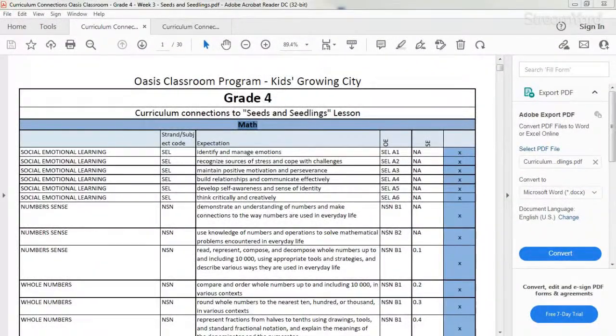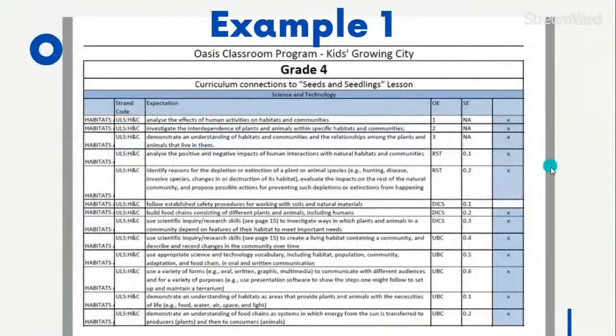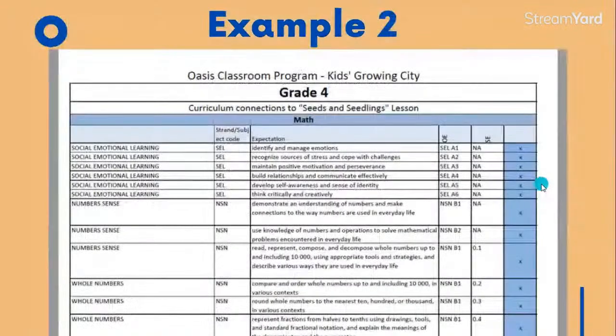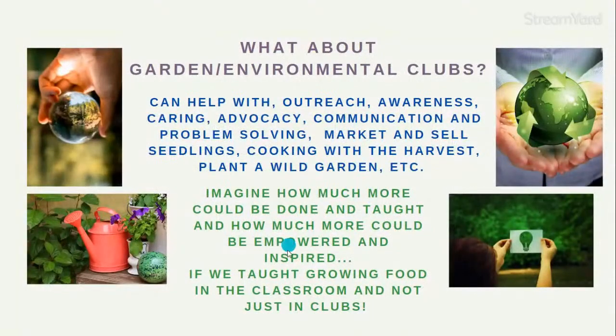Let's go back to the presentation. So that's one example. It's in science and technology, just for grade 4. You can connect it to almost all grades the same way. And this is another example I just showed you about math. So you can connect. Okay. So now